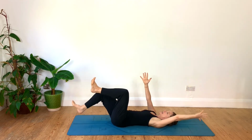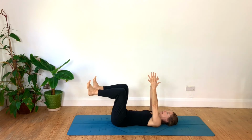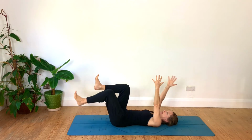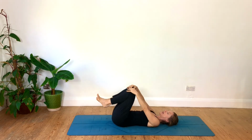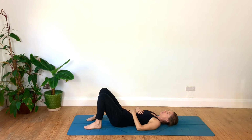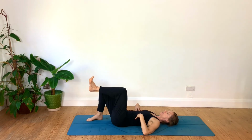Just tuning into that sense of tone and control. Coming back, and then take a breather, feet down. One more variation. Finding that contact with the floor, ribs down, lower back lighter, lifting one leg up to a